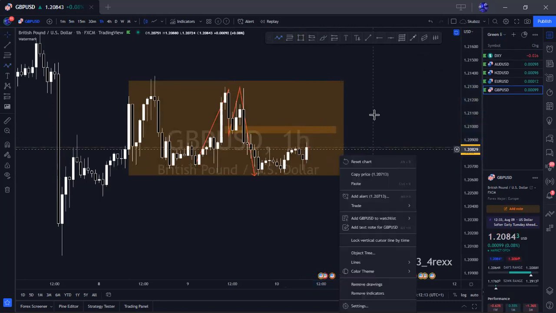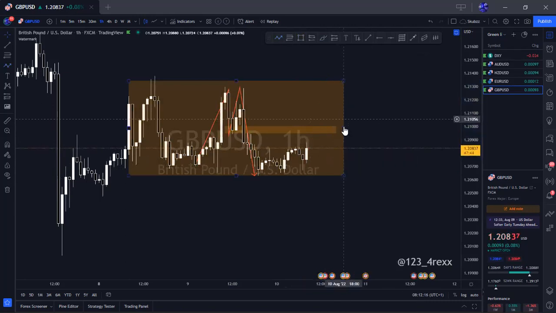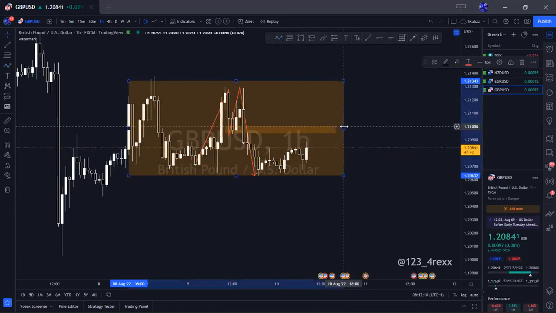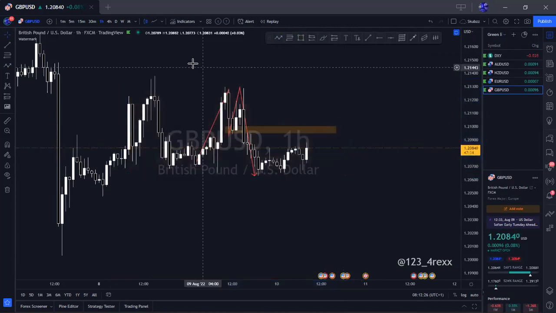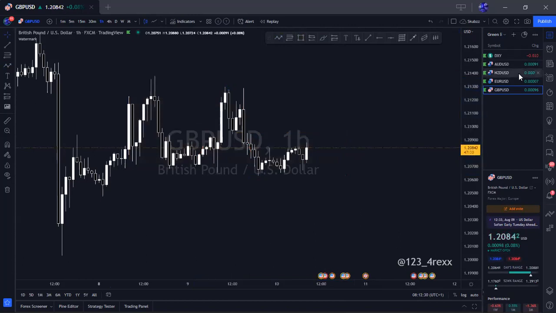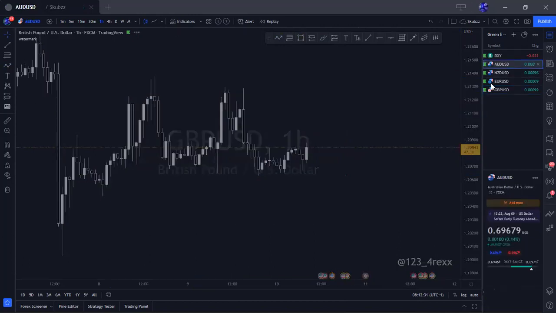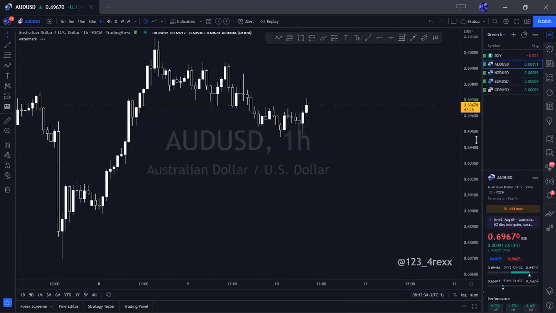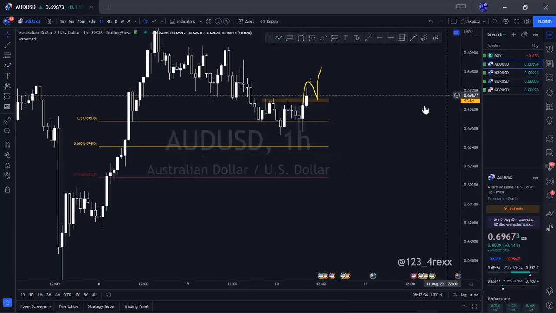So honestly, with these pairs, I just pray the news today actually makes very nice impulsive moves on these pairs so that we can have moves to trade tomorrow or maybe later in the day. But for now, I'm going to sit out on most of them, apart from I think AUD USD, that is trying to push up. I'm going to be watching AUD USD closely, but apart from that, I don't think I have anything else